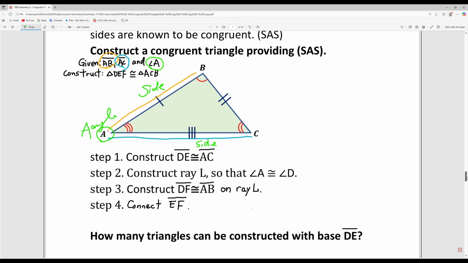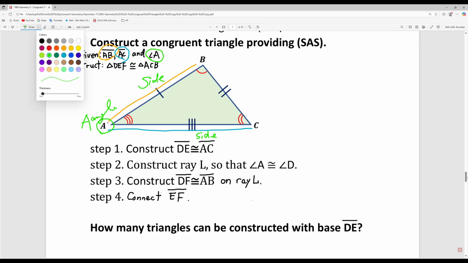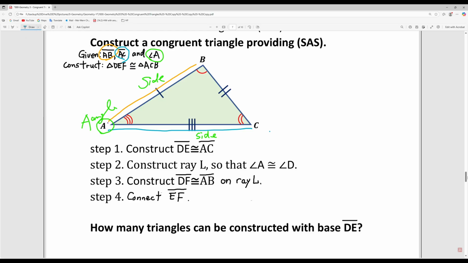Okay, so follow my 4 steps. First, construct DE congruent to AC. So that's a blue color here. Okay, AC. Now I say this is DE,